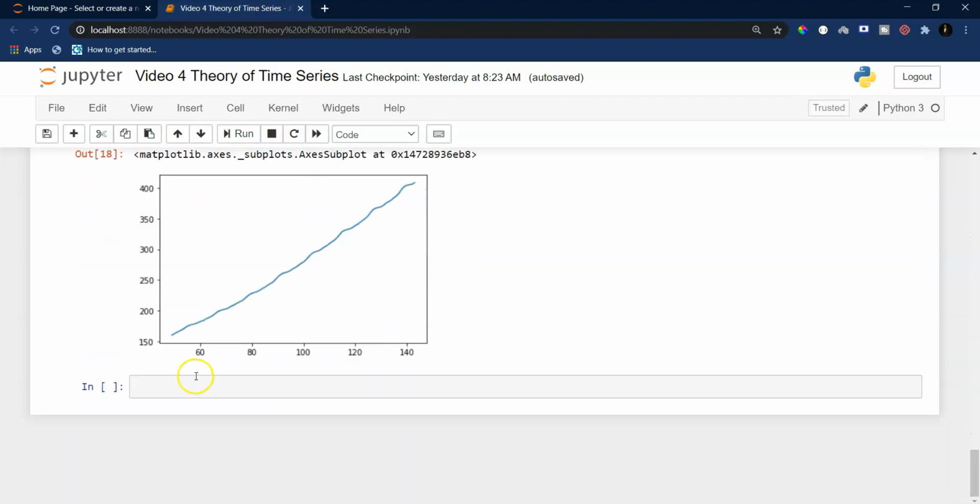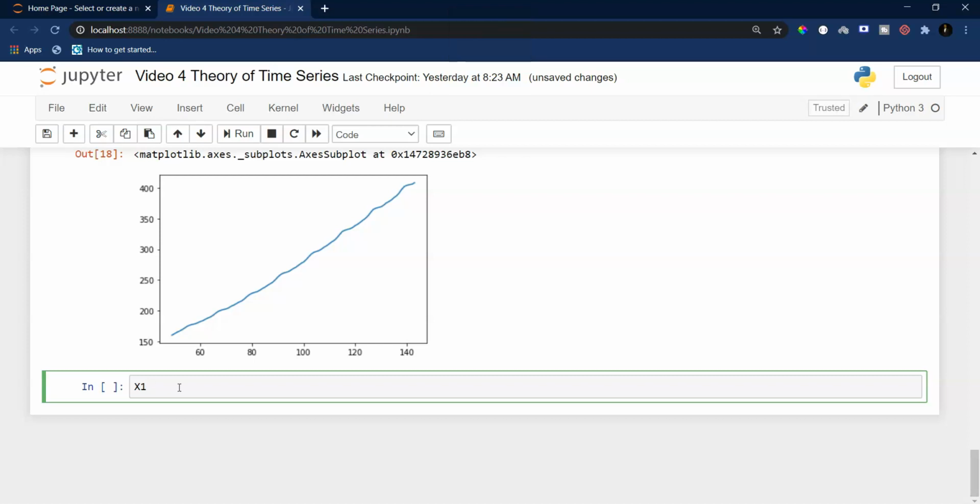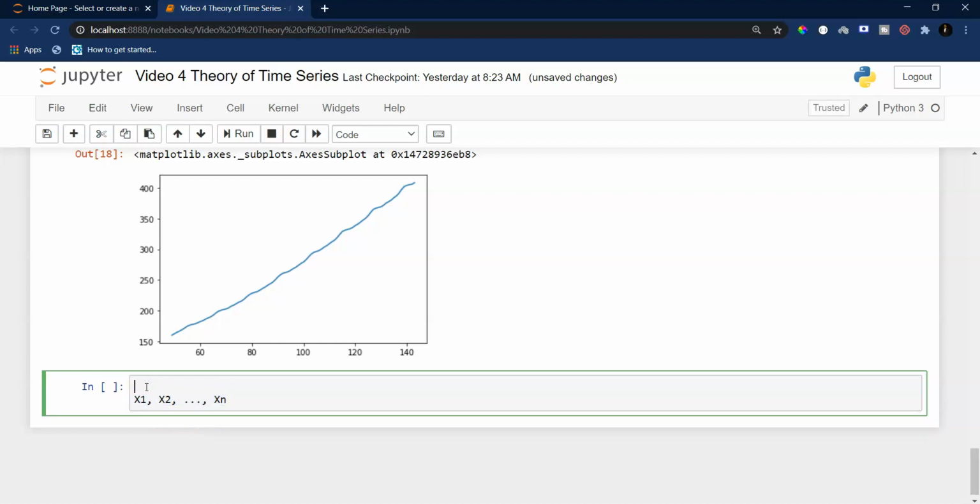If I have to use mathematical terminology, let me use the code cell to actually write something. So if I am having values like x1, x2, and so on up to xn, representing various realizations in my time series, I can say x1 represents airline 0, x2 represents airline 1, and so on up to xn, which represents the airline last value, which I can represent as the -1 index in Python. So if I represent my time series like this, then what is the next value in my time series?